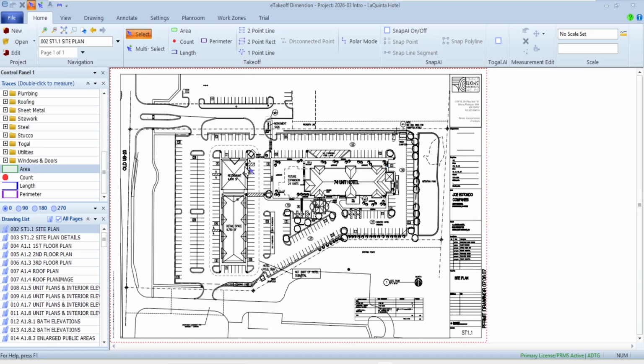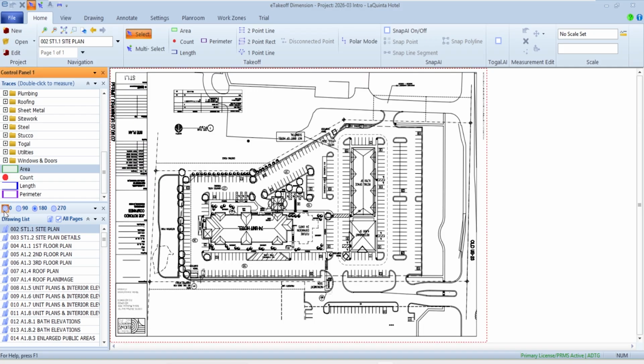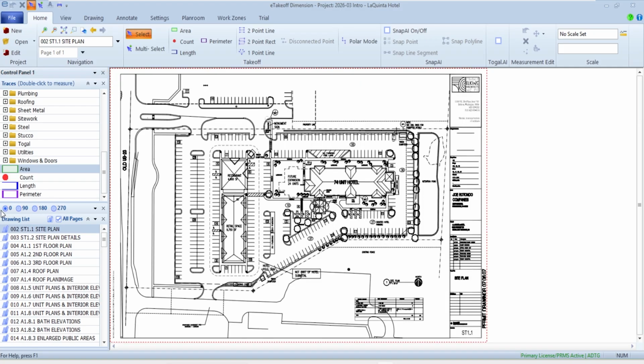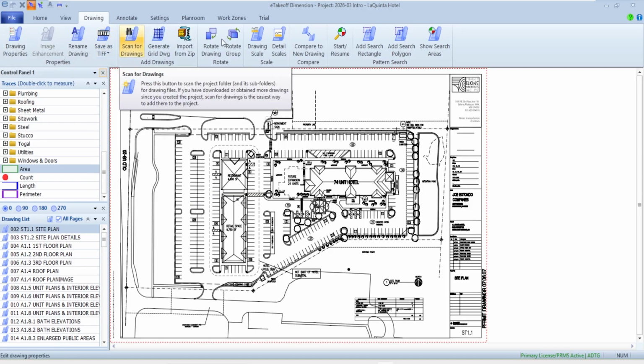It's common that as I'm looking at these different pages, there's a few different things that people like to do. One of them is I might want to rotate them if they were off, going the opposite direction or something like that. There are some pretty easy ways of doing that with a little rotate symbol here, whether I want it 90, 180, or 270 degrees and so forth. I can also go up to Drawing, and this is where I can get into things like drawing properties or scan for TIFF files and some other things.